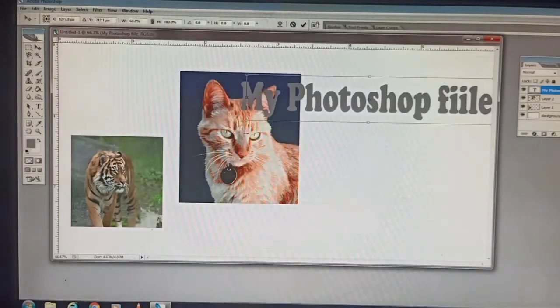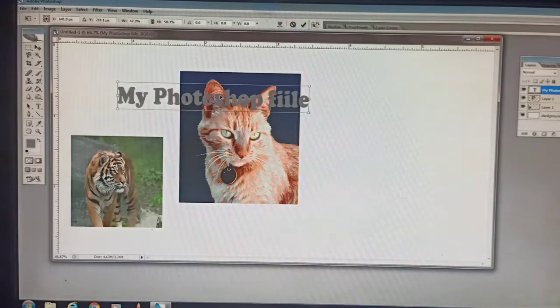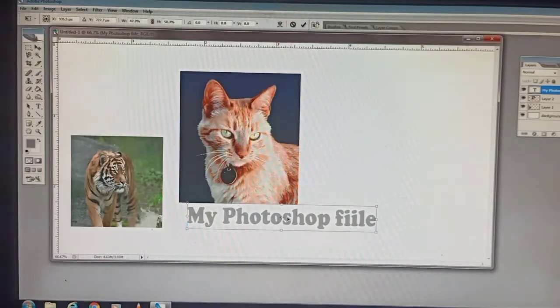You can increase the size or decrease the size. Then press the enter key to fix it. If some mistakes are there, click on the T button again and remove them.